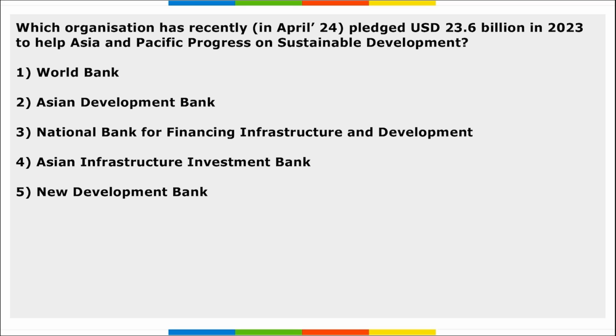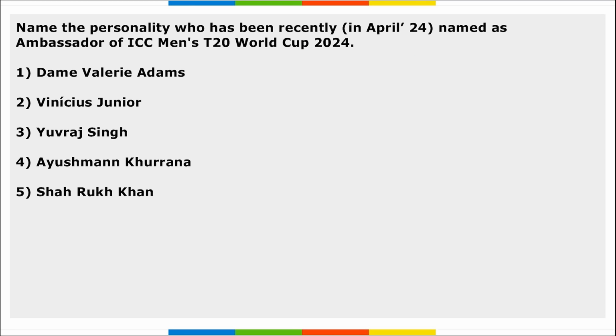Next, which organization has recently pledged $23.6 billion in 2023 to help Asia and Pacific progress on sustainable development? Asian Development Bank, right? Next, name the personality who has been recently named as ambassador of ICC Men's T20 World Cup 2024. So, Yuvraj Singh has been named as the ambassador of the ICC Men's T20 World Cup